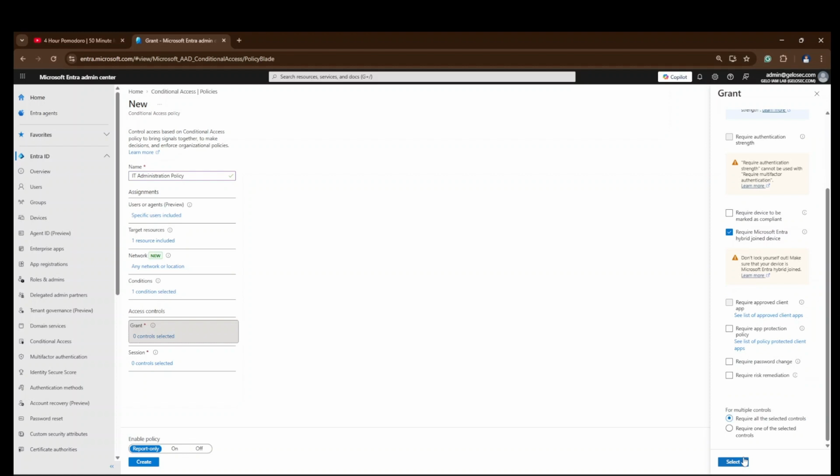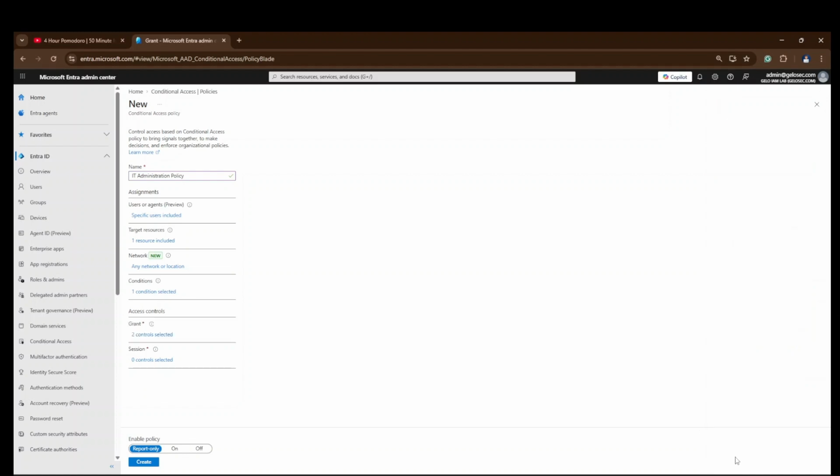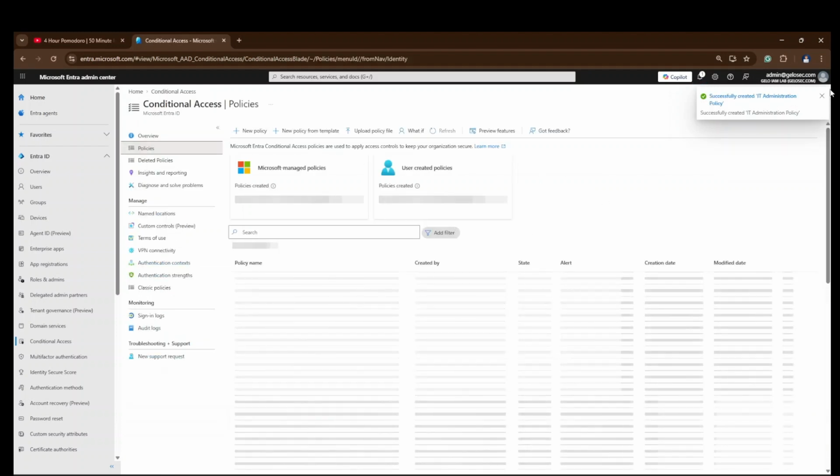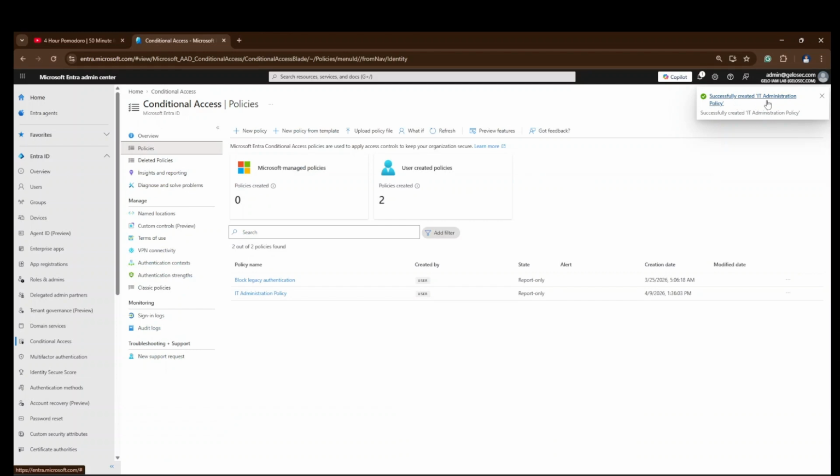So we're going to select all the selected controls. So we have now created our second policy. Then just create, and it successfully created the IT administration policy. We have now two policies. Now let's create our third policy.